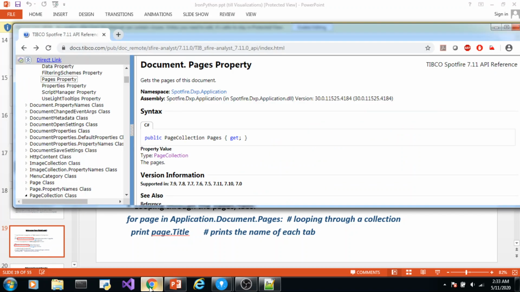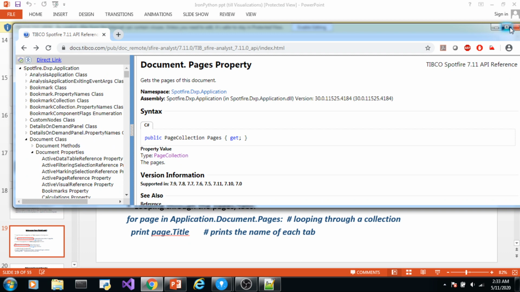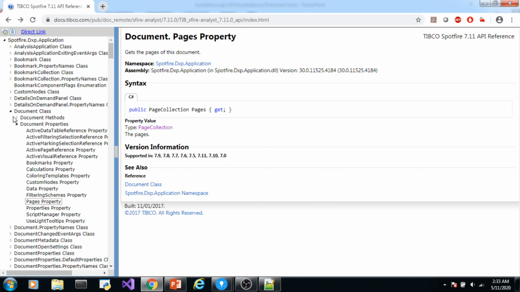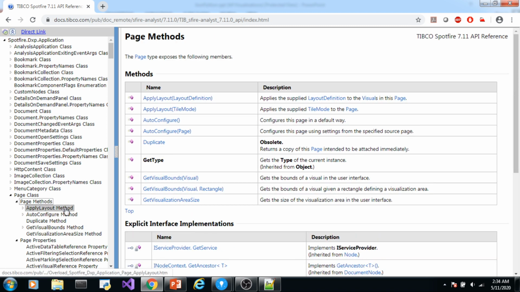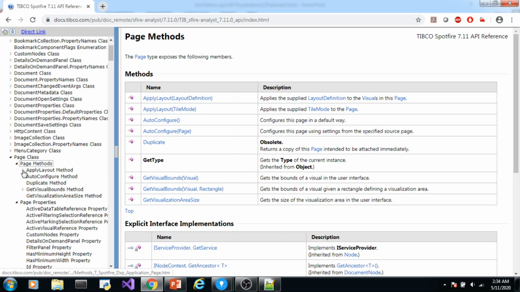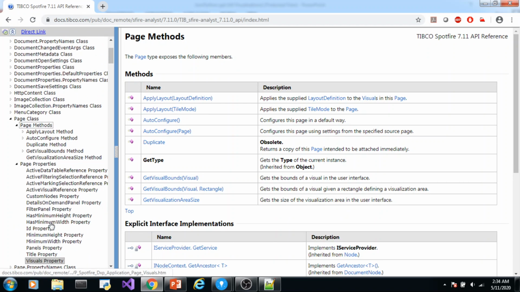For example, if we go here, document dot page class, you see here page class. These are the methods. You can go through these. These will be barely used. These are the properties.